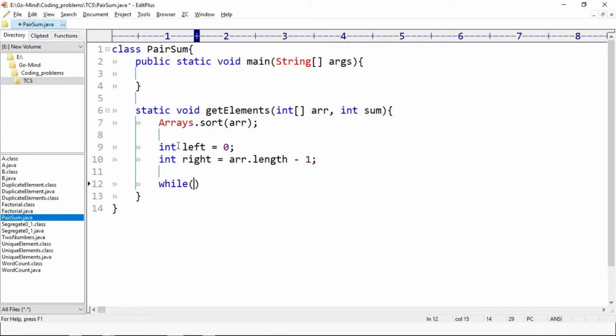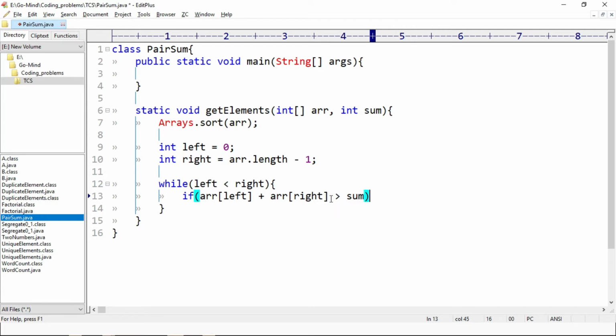While left is less than right, here we will use if-else conditions. We can make a variable current sum which is equal to array of left plus array of right. So int currentSum equal to array of left plus array of right.